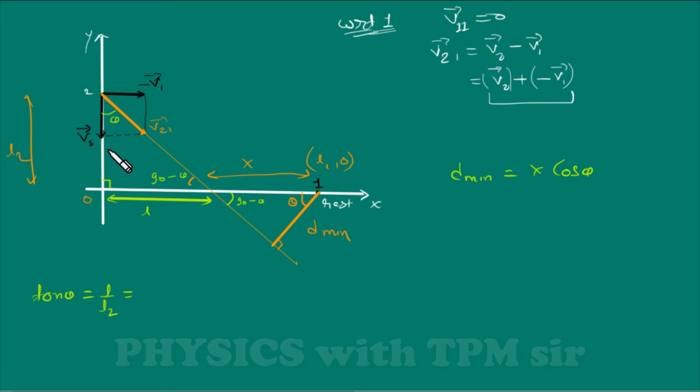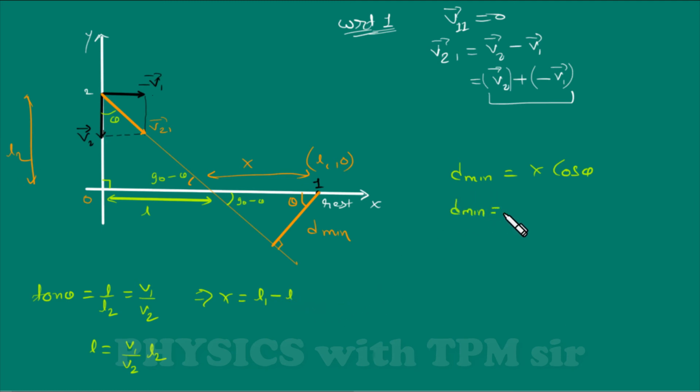And if we see this vector diagram, then we can see tan theta is equal to v1, this length is equal to v1 by v2. So this is also equal to v1 by v2. So here we got L is v1 by v2 into L2, and now x will be L1 minus L, right? So